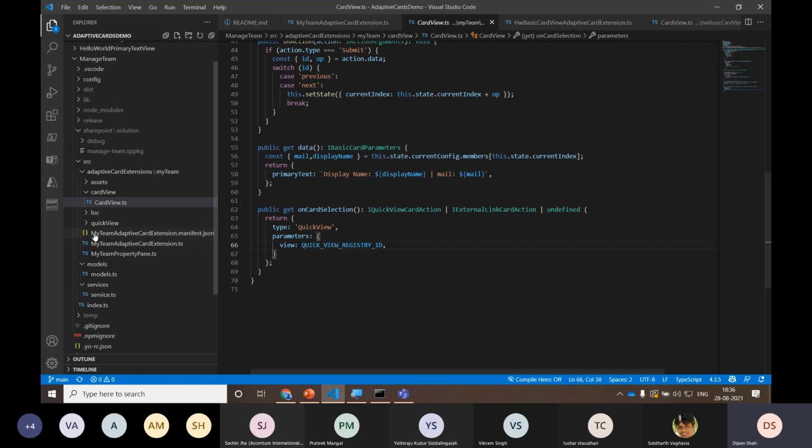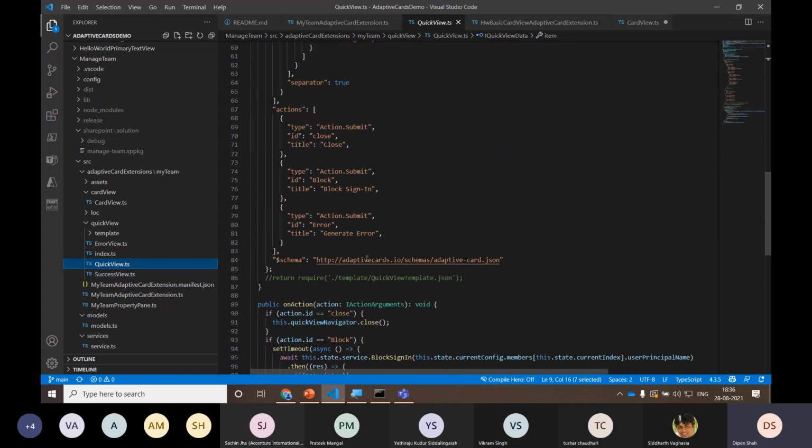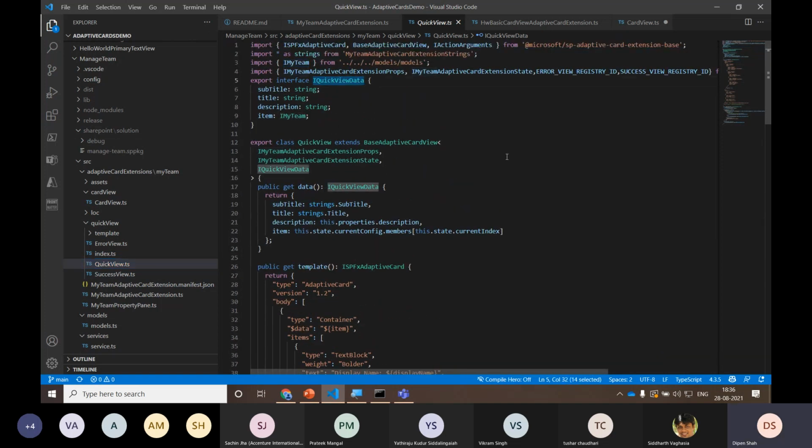Now let's quickly check the quick view. Inside the quick view, it's a specific JSON format that I have set up, and IQuickViewData is responsible for what information I need to display on the quick view.